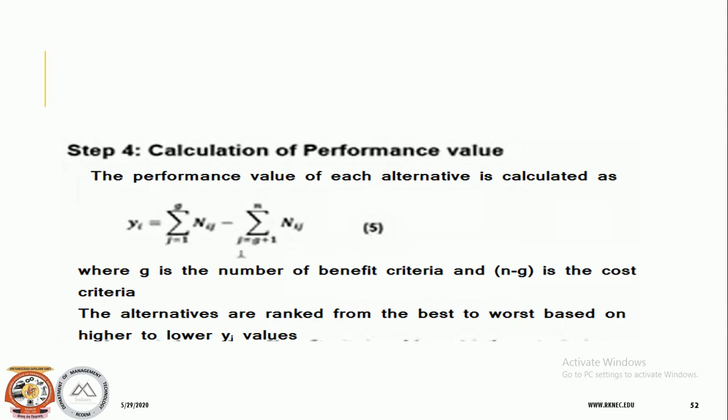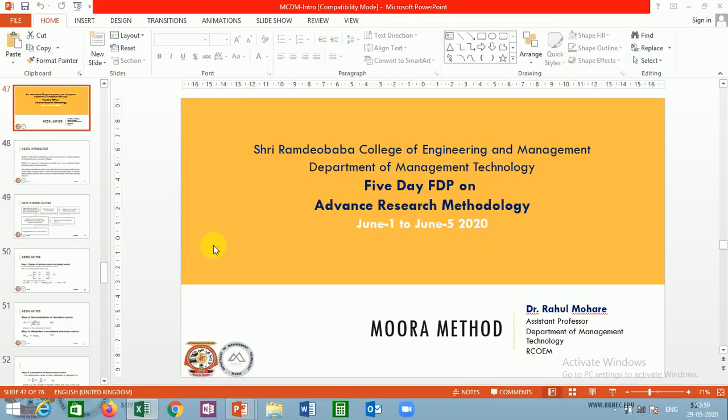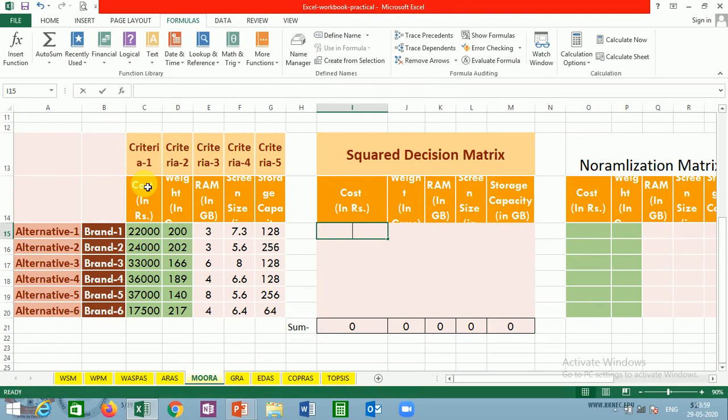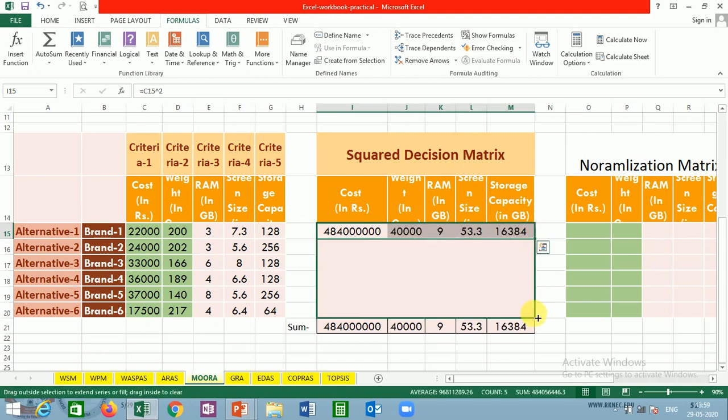Let us go to Excel. So this is our Excel worksheet. We have the same old problem, 6 brands and 5 criteria. With respect to these 5 criteria, the very first thing is to square the values which are present there. How can we do that? Select a value, then press Shift and 6, you will get the power operator, and then 2. So this is the squared value. You just drag it horizontally, and drag it vertically.